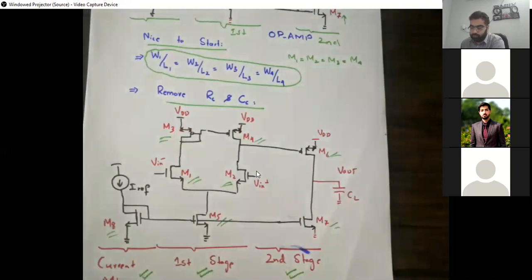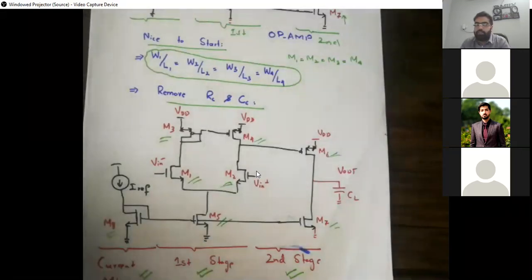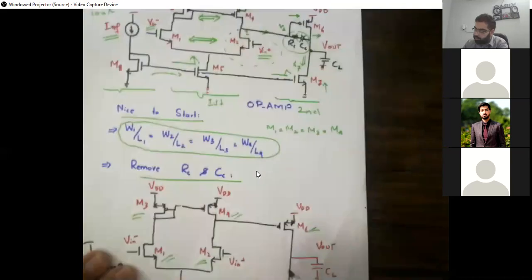Sir, I have a question. Sir, could you explain the word stage over here? आप जब कहते हैं कि एक stage है ये, तो उसकी क्या condition है जो इसको stage बनाती है? Stage means it should have one gain. कि आपके पास कोई gain जिसका common source है, common source is one stage. ठीक है, common source के बाद एक और common source लगाओ, this means this is second stage. ठीक है, तो अगर आपके पास एक input है और उसके output पे कोई gain आ रहा है, this means this is one stage for us. ठीक, उस output के बाद एक और कोई common source या common gate या common drain कोई एक और amplifier लगा हुआ है, this is another stage. Or in simple words we can say back to back amplifiers.